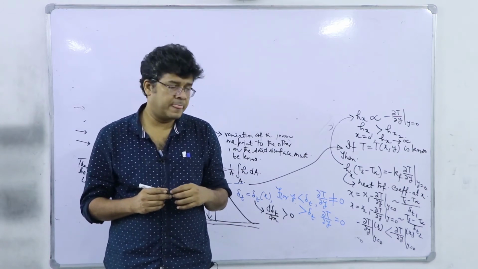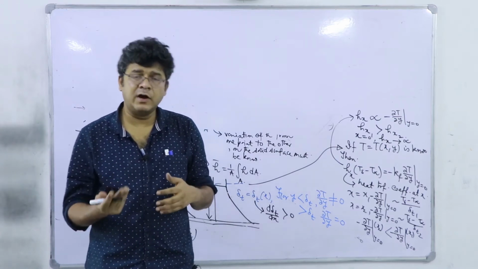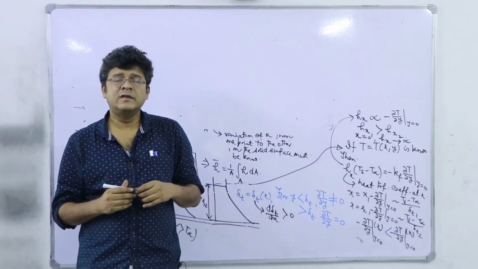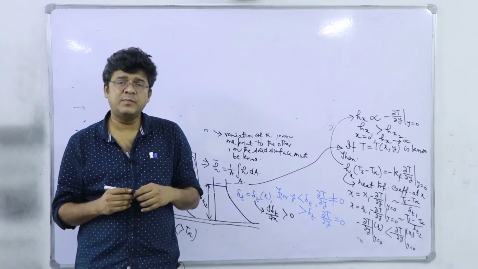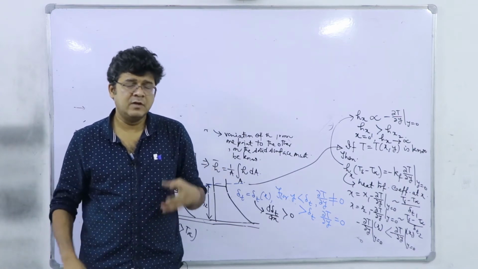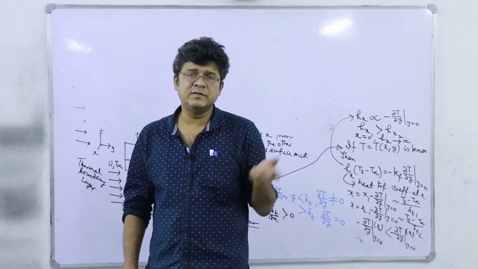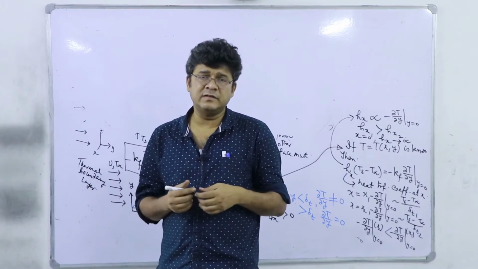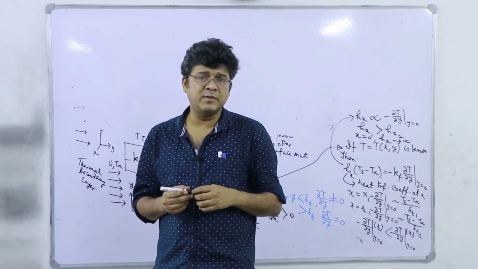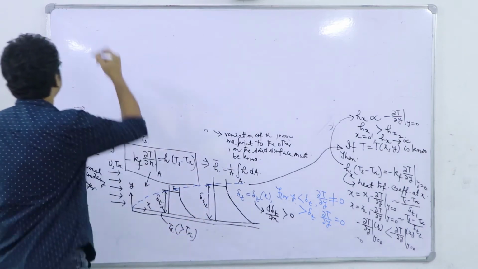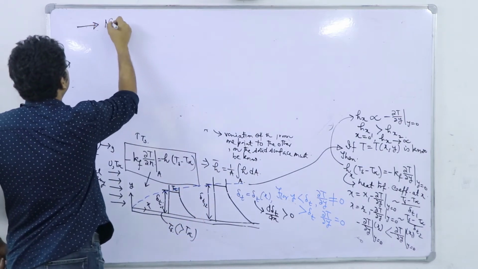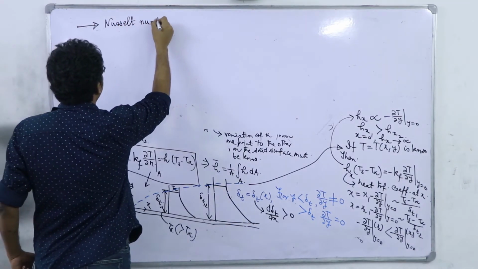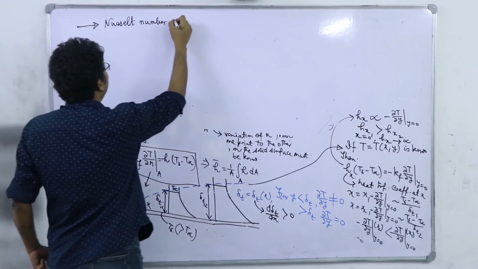So, the point is here, before we go for solving or deriving this general energy equation, we must know some of the important ways of representing these three major variables. What are they? One is the heat transfer coefficient, second one definitely the velocity, third one is the diffusivities, right. It may be a momentum diffusivity, it may be thermal diffusivity. So, you see the first number is the Nusselt number, right. So, Nusselt number Nu,